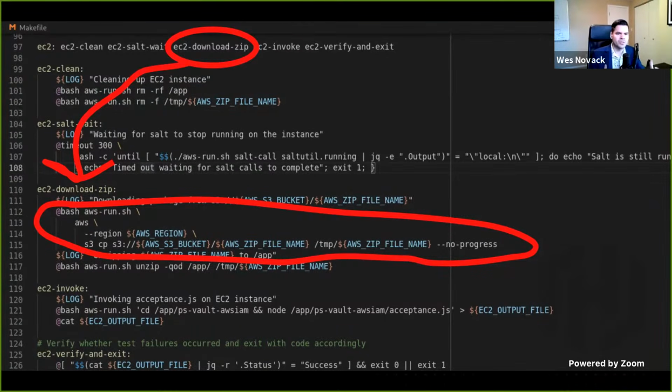So this script, again, really just helps us call that AWS Systems Manager run command to do remote execution on our EC2 instance and run some commands as part of our pipeline to prepare that EC2 instance for the acceptance test that we want to run on top of it. And in this case, again, we're copying a zip file to the temporary directory on the instance so that we can do things with that later on in the pipeline.